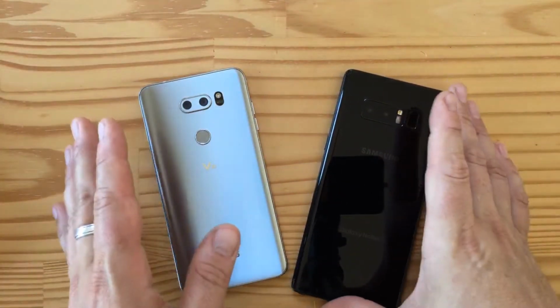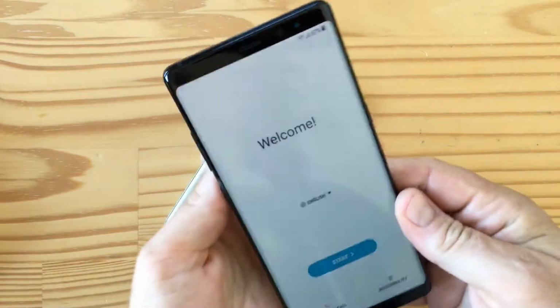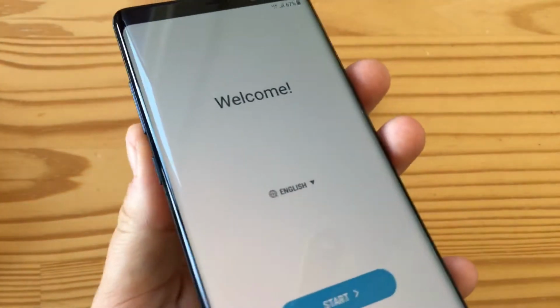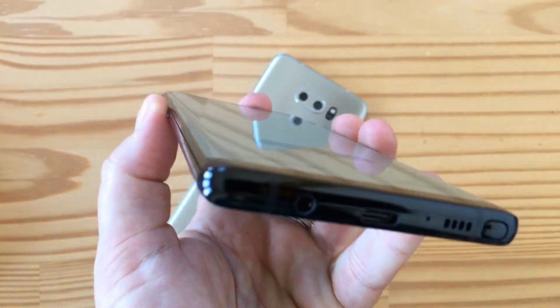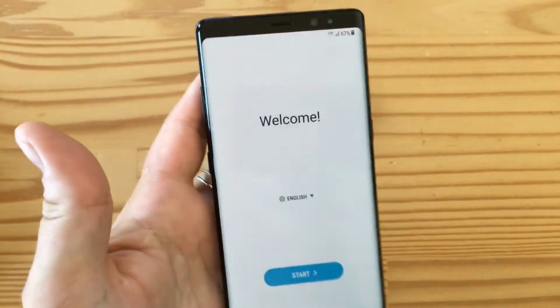So let me walk you through the details of each of these phones one by one. Let's start with the Note. So, as I said, 6.3-inch display, Super AMOLED, curved on the edges, just like the Galaxy S8 and S8 Plus. You can see the curve here. And super bright. Right now it's adapting to the ambient light, so it's a little